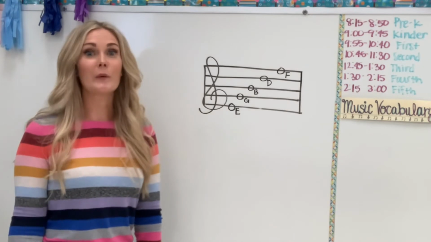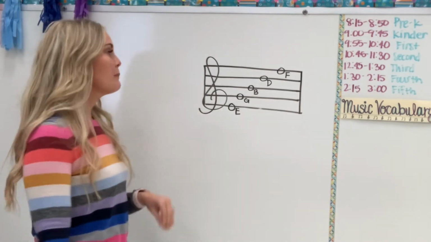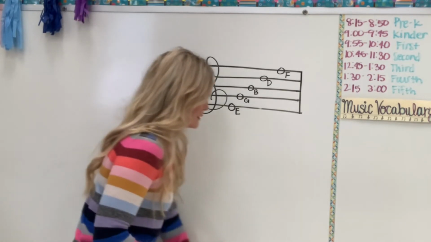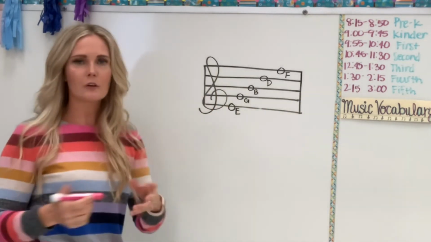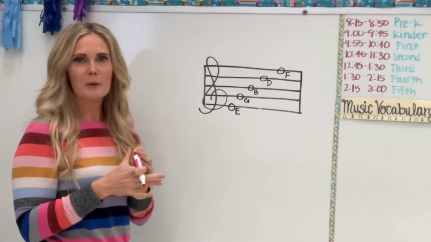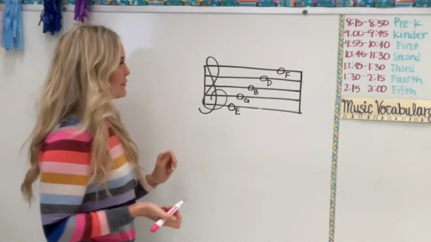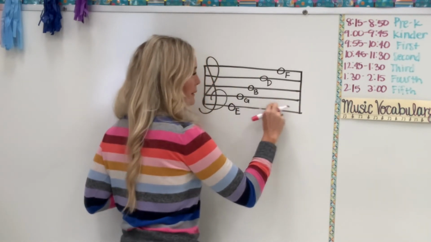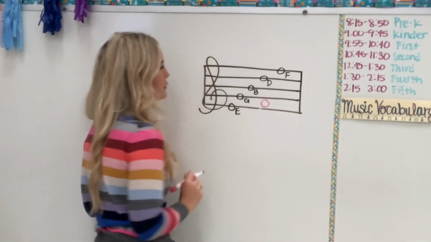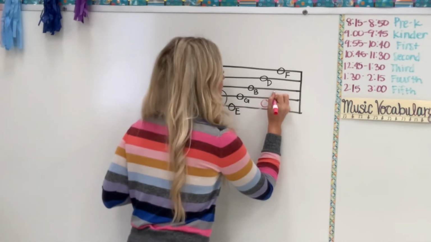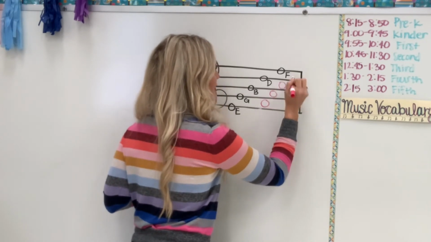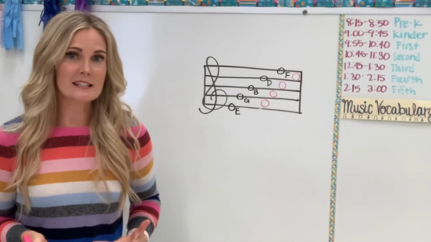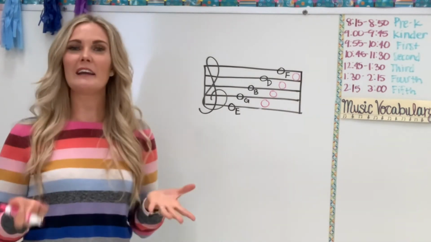Okay, now we're going to draw our notes in the spaces, okay? Now you can keep using the same color that you're using if you're using a pencil or a pen or something, but just so you can see it a little bit better, I'm gonna draw my spaces in a different color. So I'm just gonna go from bottom space to top space, and I'll start right here. So my bottom space is here. So I'm gonna draw a note there, and then I'm gonna draw a note in my second space, third space, and fourth space. Now remember, the space spells the word face, and you can kind of remember that because space